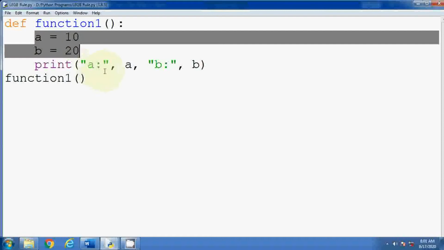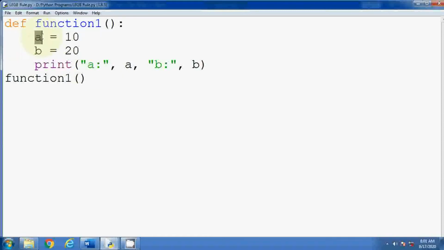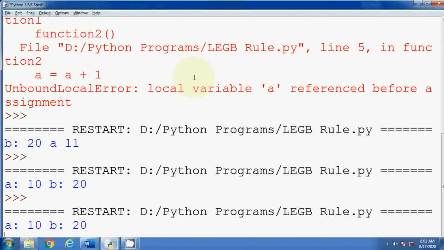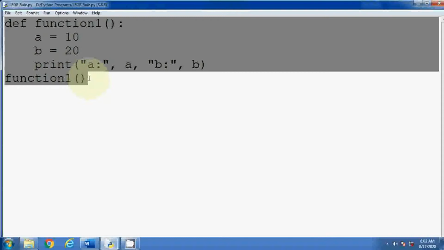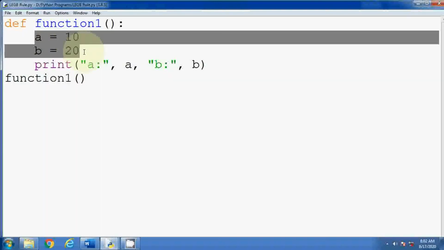Directly we can just write A, and here I have printed A. Similarly B. Let me run this program and you will get the value. These are called local variables, and no other keyword is required, like when dialing a telephone number it is not required to add any STD code or ISD code. I hope you understood this concept. A local variable means a variable which is declared inside the function.